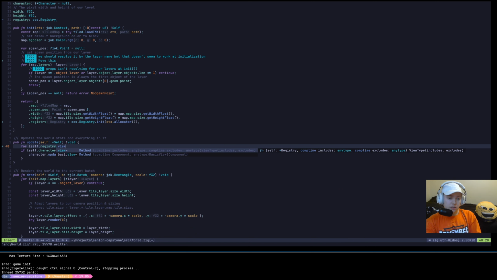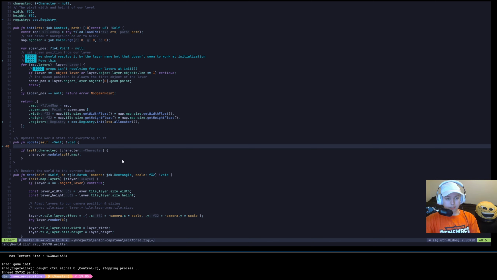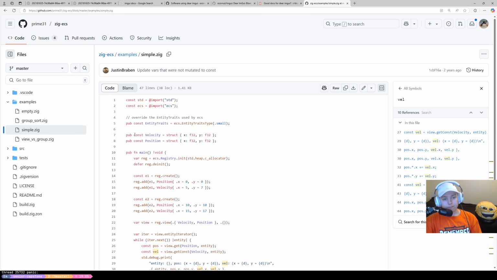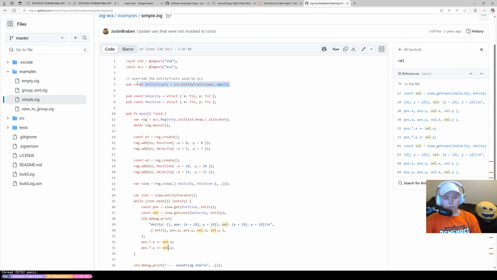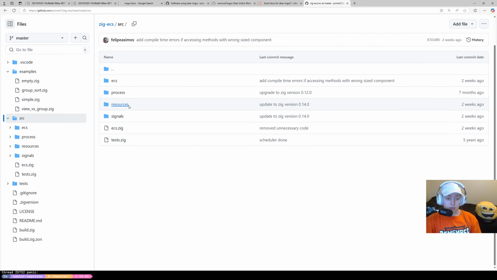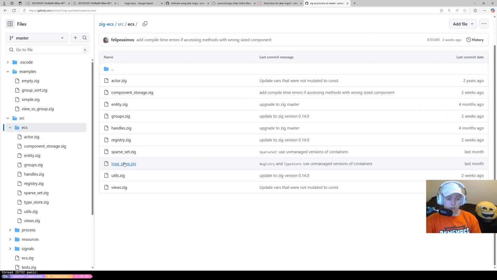So it's just basic view. That's any component. I guess we have like an update component that we would use. I don't know specifically. If we go back to this implementation, let me actually zoom in really quickly. Oh, entity traits. ECS.entity traits. I don't know what this is. We can look into it. ECS